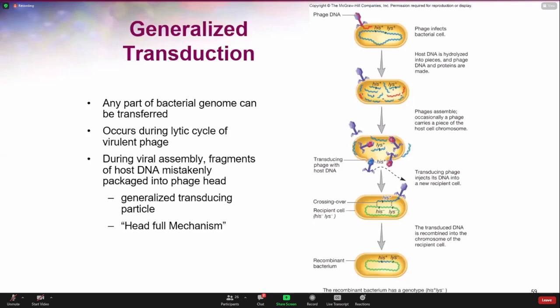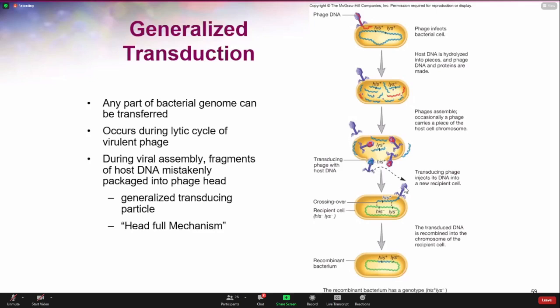filling of the capsids, the heads of these new phages, is the size of the DNA, right? Viruses, bacteriophages, are going to be DNA viruses, and so they're looking for a particular size of DNA. If it's 45 kb that they pack, then any DNA of that particular size can potentially be packaged. And sometimes errors will be made: if you have a 45 kb piece lying amongst these DNA strands, then maybe one of the virions assembles and takes with it the bacterial 45 kb DNA